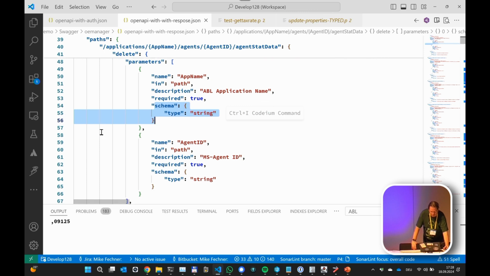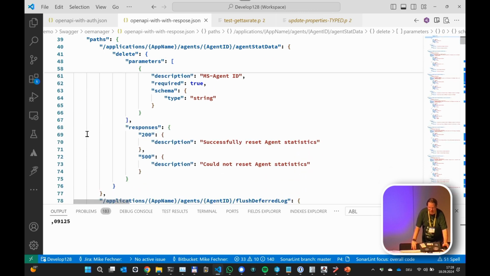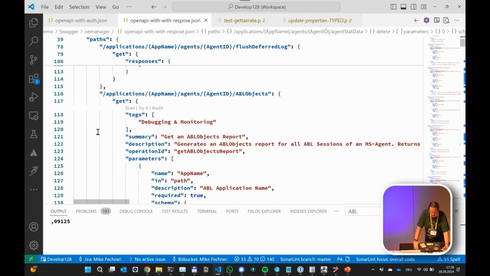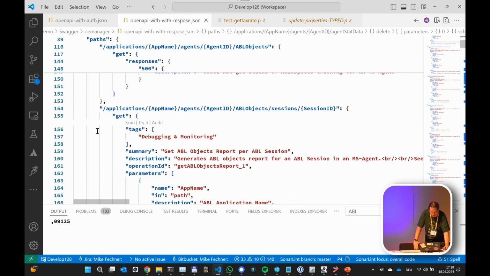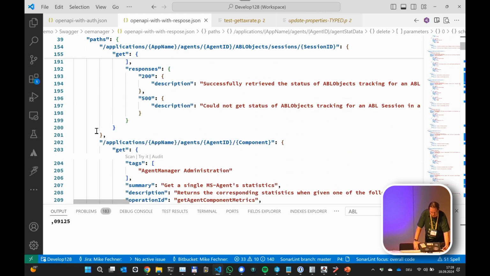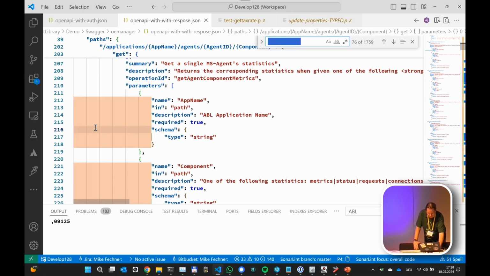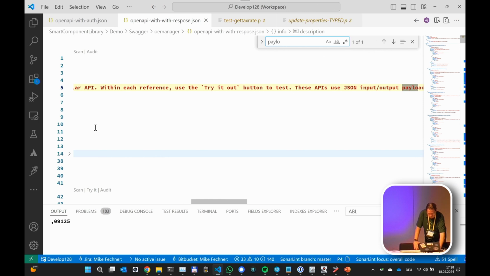So, and then we see that we should be expecting 2 responses. A 200 is the OK case, a 500 is an error on the back end. And if we look for something with more details, the payload,